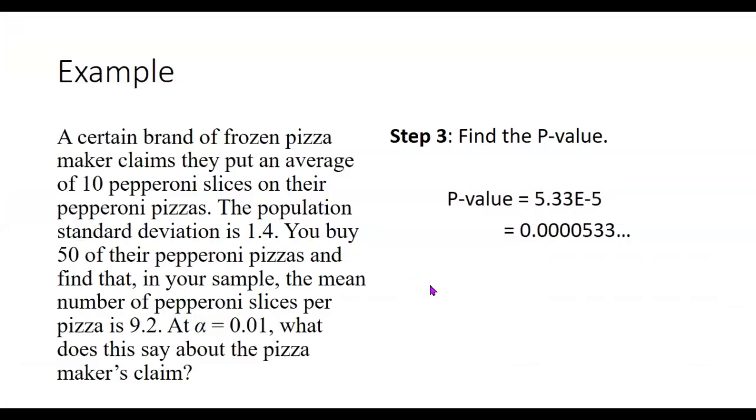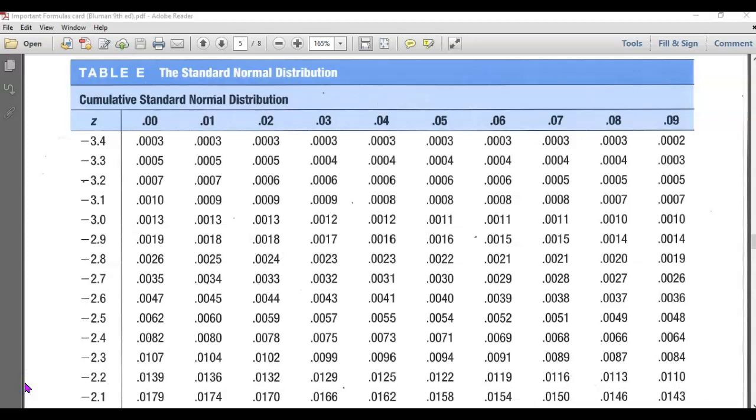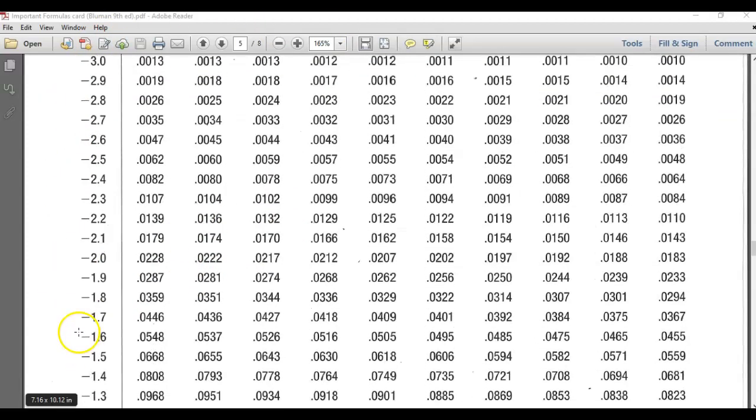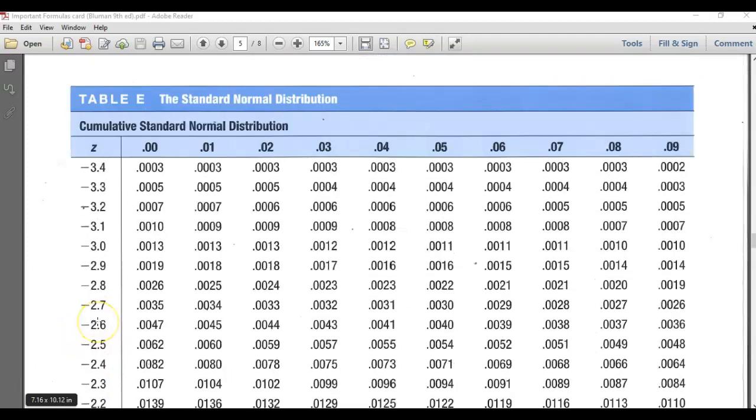Now, what if you don't have a graphing calculator or Excel or any special help like that? I told you you can do this using table E. So let me show you how that would work. Okay, remember we computed the test statistic, Z, and it came out to be negative 4.04. That is the Z value that I would look up on table E. So I'd look for where Z is negative 4.04,